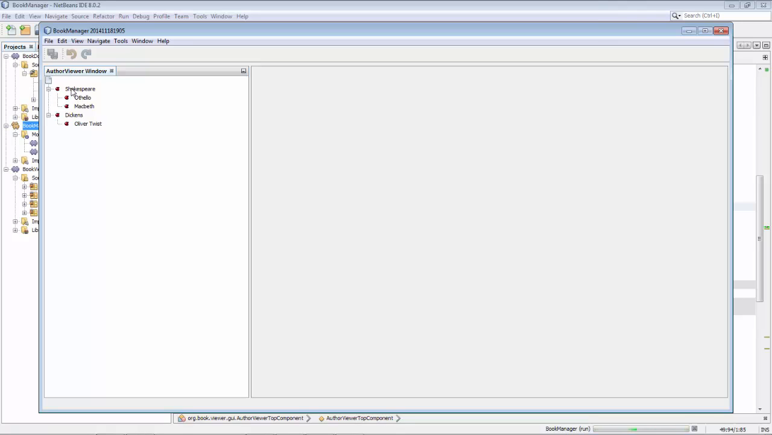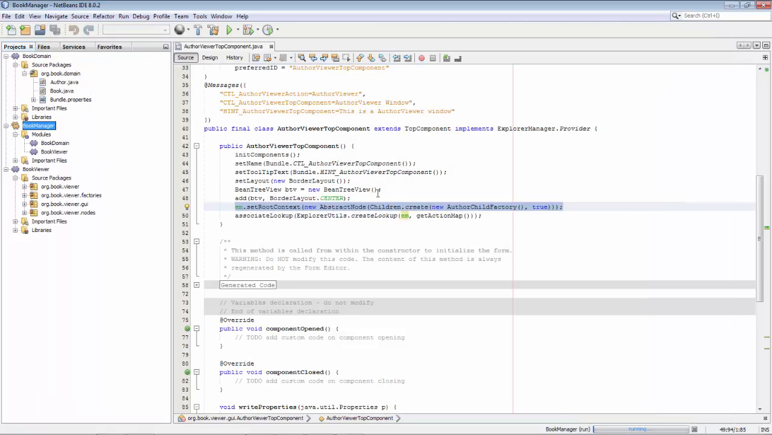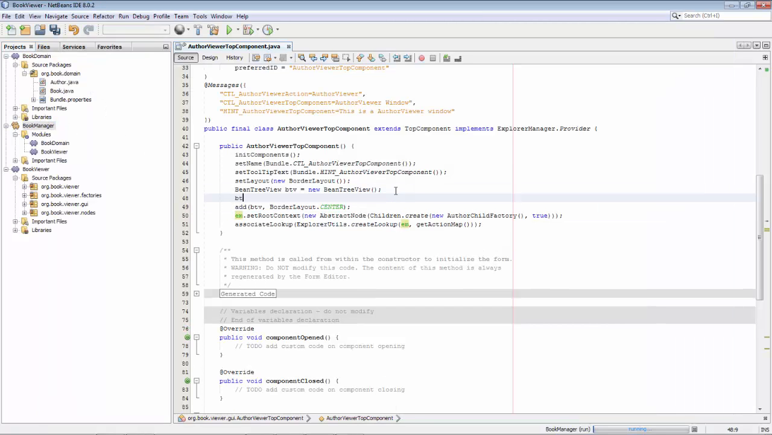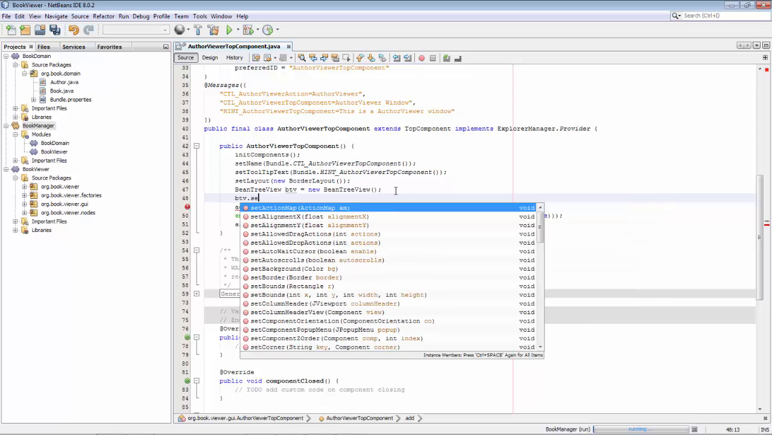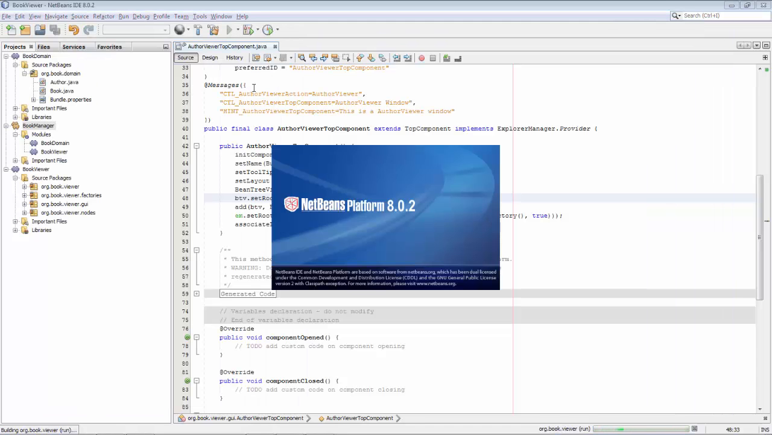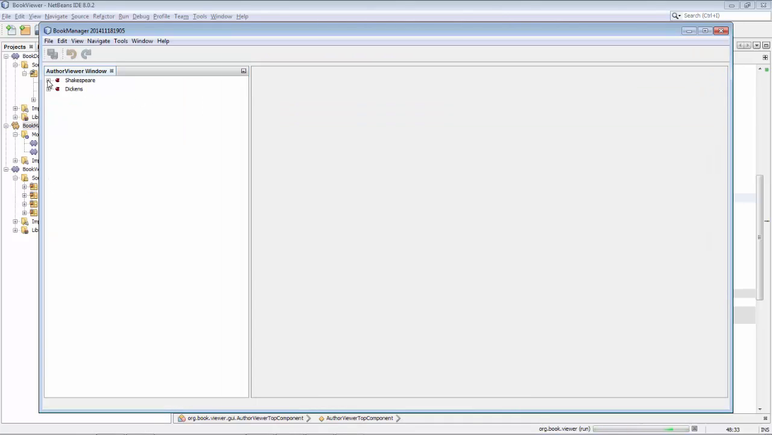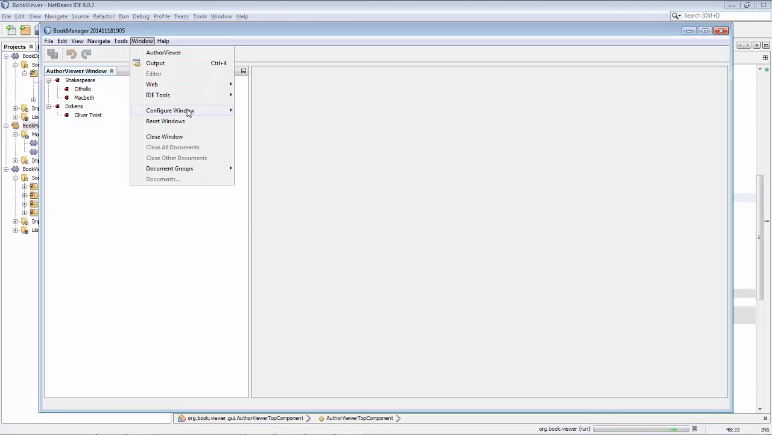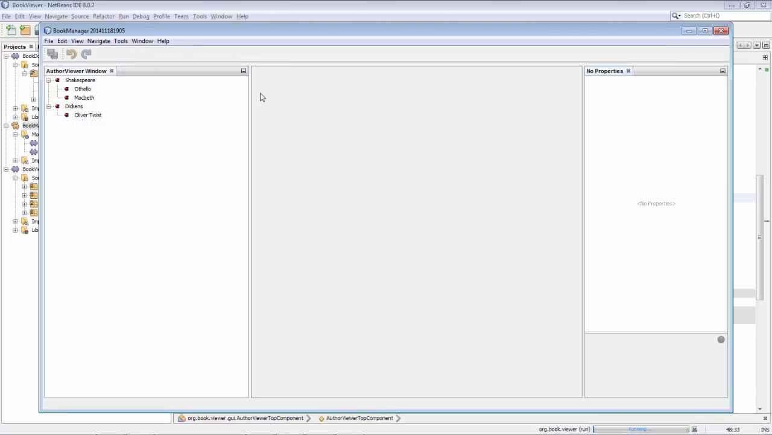So you can see our two authors and their books. We don't want to have this top, the root node. So we can say set root visible false. Okay, so run the application again. Okay, so now we can see our authors and their books, and if you open the properties window, when you